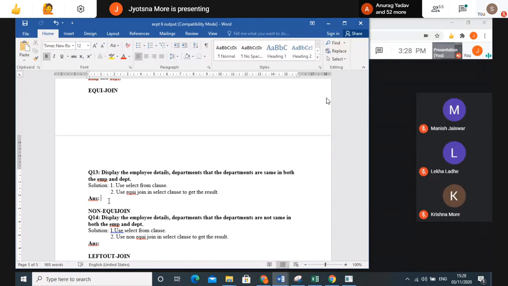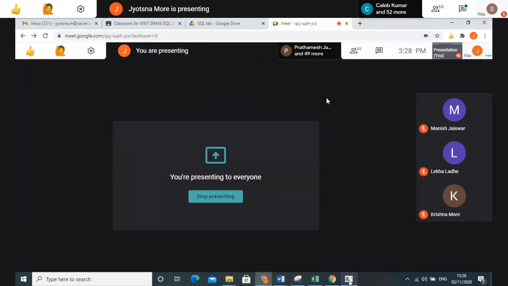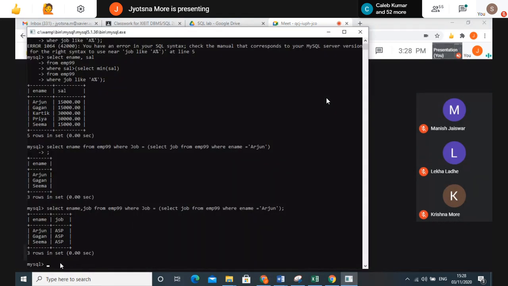Okay, somewhere you are right, but why are you selecting only specific things? I require the employee details, right? Details means everything. Select star. So instead of going one by one through specific attributes, we can use star, right? So we'll go ahead with that question. Everyone, you can continue. So we require select star